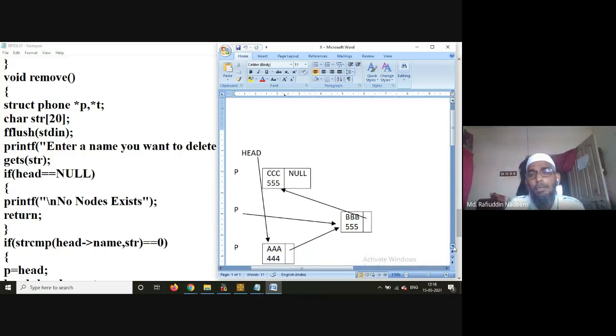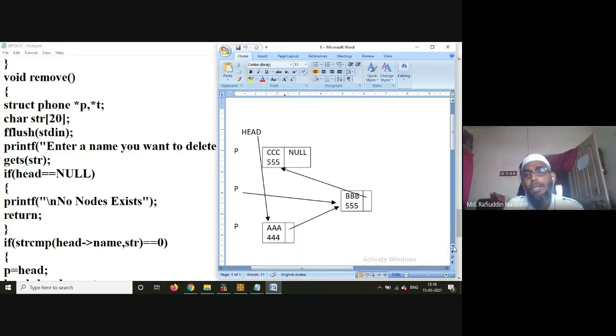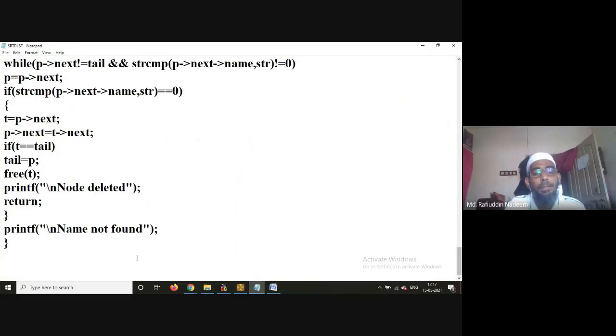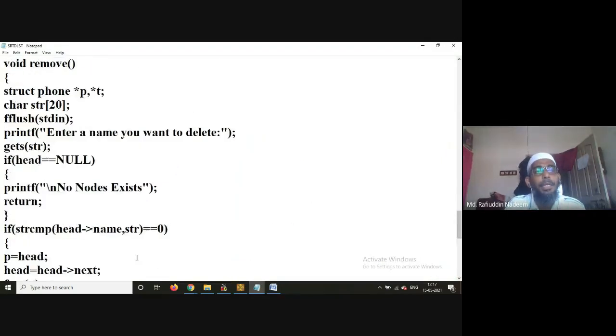That is, suppose a name is given which is not there in the list, then it has to display the message that the name is not found.